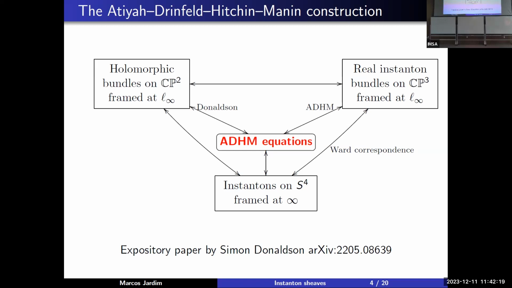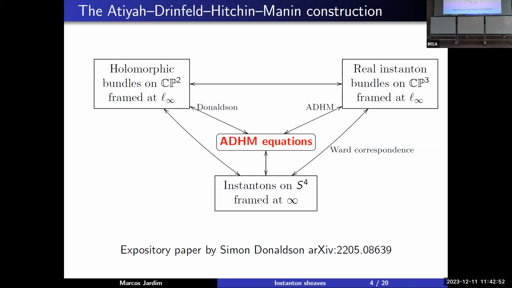The starting point, on the bottom here, is the instantons on S4, framed at infinity. The goal of Atiyah, Drinfeld, Hitchin, and Manin was to make a complete construction of these instantons on R4. Before, there was a bunch of papers by physicists constructing some particular families. Their approach is to use something previously known, the Ward correspondence, or Atiyah-Ward correspondence, which relates